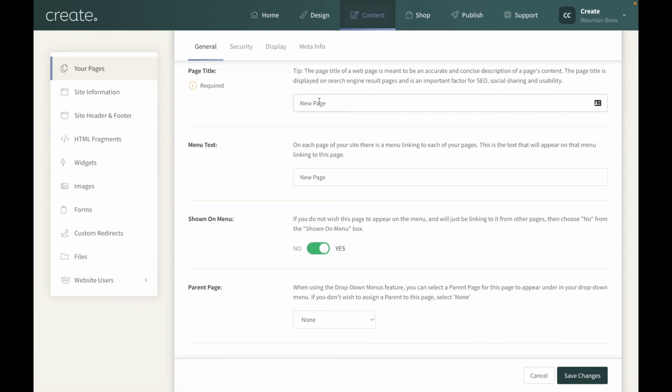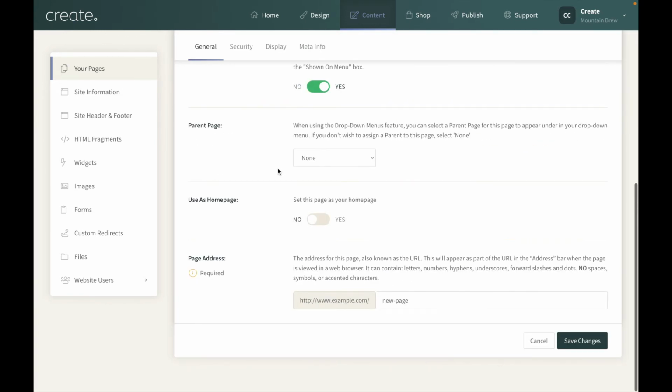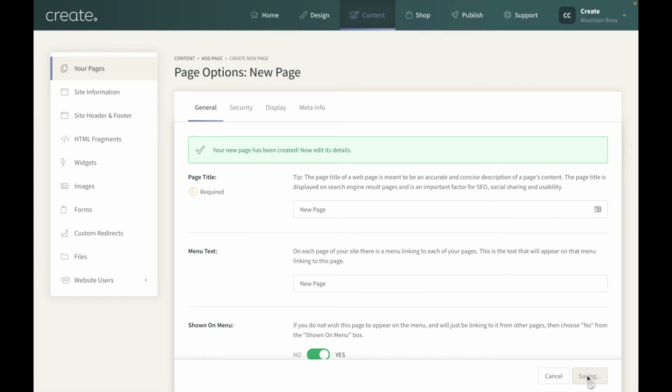So that's your page title that you'll see, the menu text. That's how it will display on your main menu, on your header. And then we've got some various other options here as well. But for now, if I just click Save Changes,